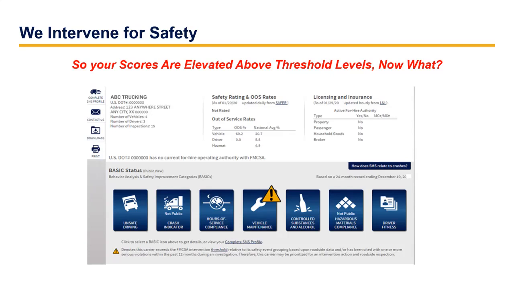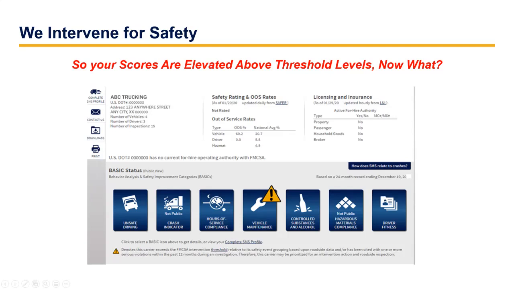So your goal as a company would be to have those clean inspections, because clean inspections will help bring down your score. So for example, let's look at vehicle maintenance. If you were to log on to the website, you might see a triangle next to one of the 7 basics. And that means that your basic, in this example the vehicle, is elevated. It is above that 80% threshold. Let's say for this company, it was at 89%. So now what's going to happen? How does FMCSA look at this data and what do we do?